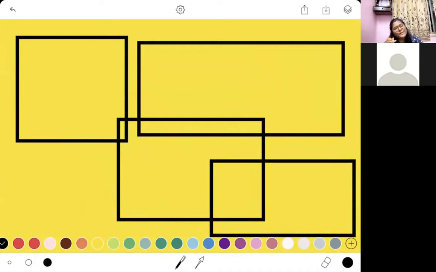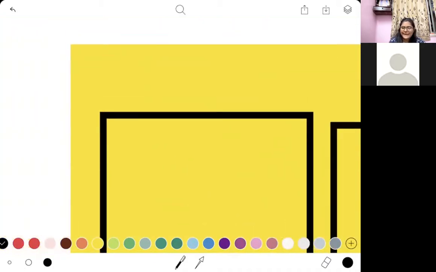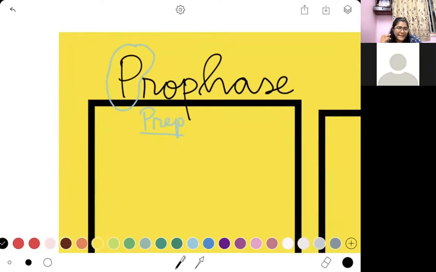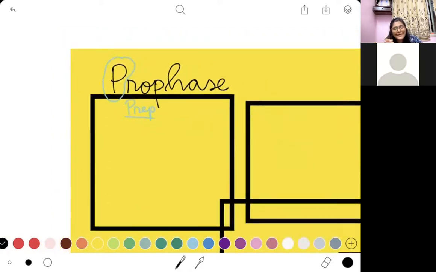So let's just talk about the first phase, which is called the prophase. What I like to do in order to remember this is think of the P as preparatory phase. So you are basically going to prep yourself here to undergo the process of cell division. Now, I hope you remember I told you that the nuclear material had started to disintegrate while your cell is entering the process of prophase.